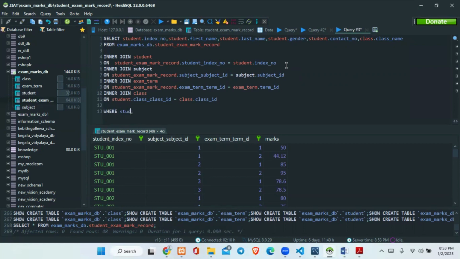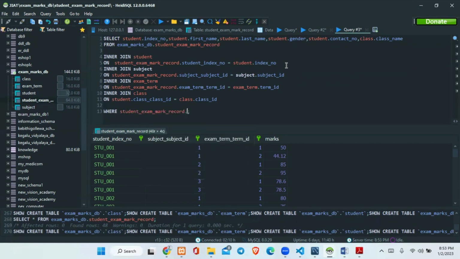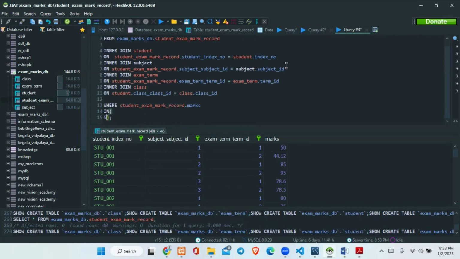So first, I will check the student's mark. So I'll begin by taking the student exam mark record dot marks. And then I'll begin to give our subquery. So I'll give it as in. So this is the way we can identify a subquery. So a subquery begins by an equal mark or the word in. And a subquery is nested inside the main query. So it's nested inside brackets as well. So inside this subquery, I'm going to type select min,